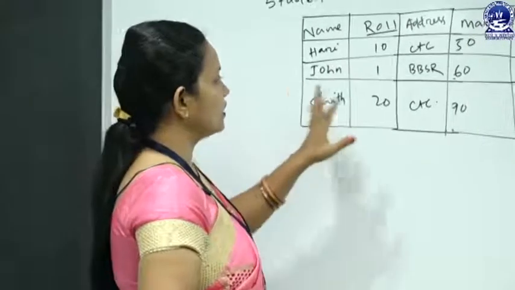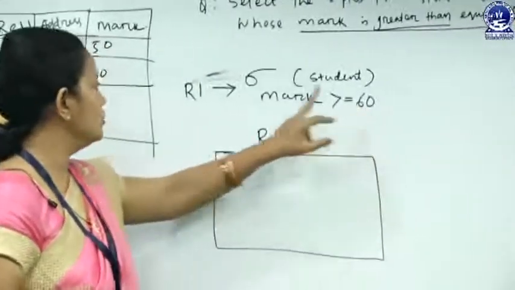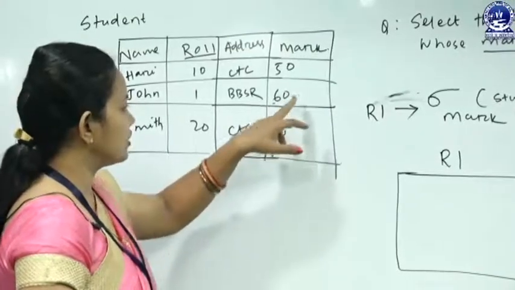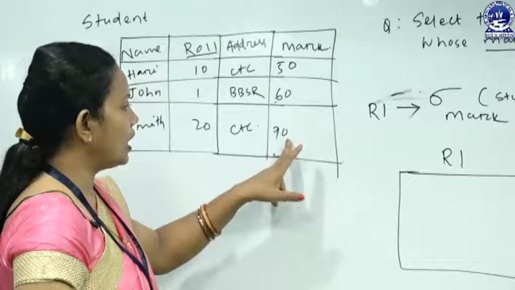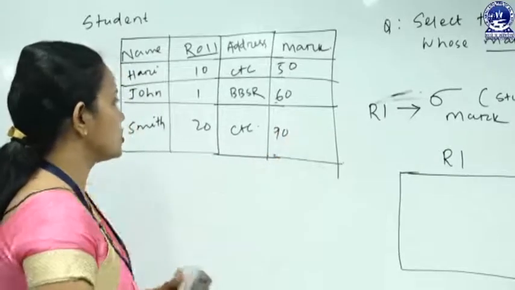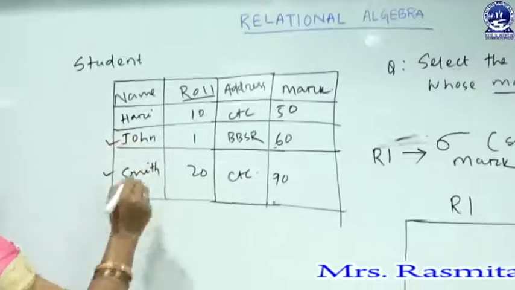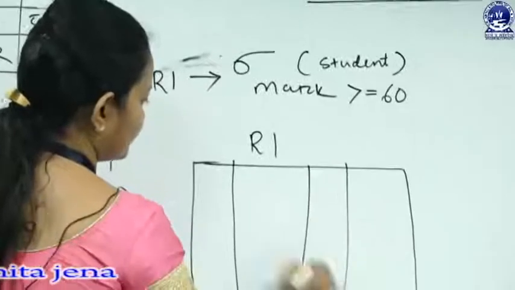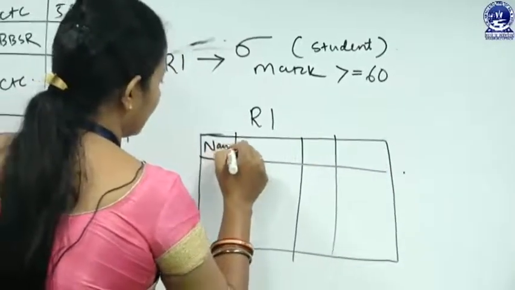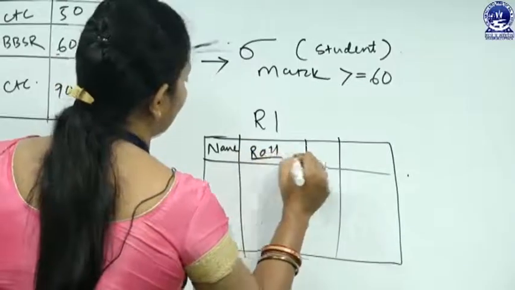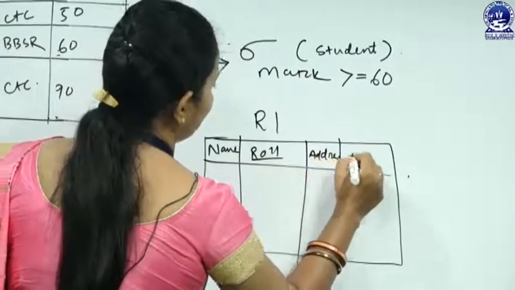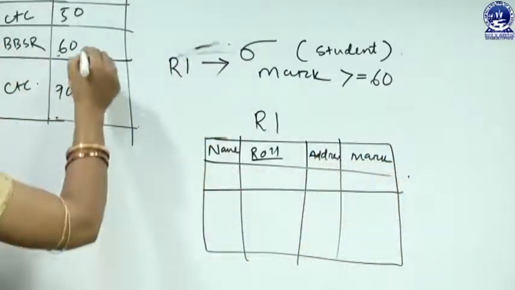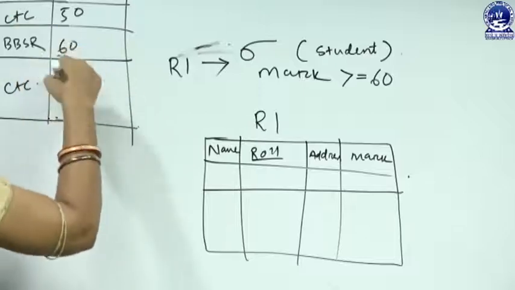So here the condition is mark greater than or equal to 60. See which tuples contain mark greater than or equal to 60. Tuples number 2 and 3 contain mark greater than or equal to 60. So now we retrieve these tuples and they will be stored in the resultant relation. The resultant relation will have a name attribute, role attribute, address attribute, and next your mark attribute. And this resultant relation will contain 2 tuples, because only these 2 tuples from the student relation satisfy